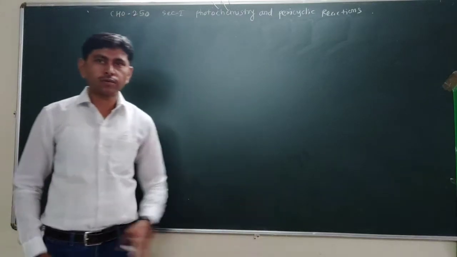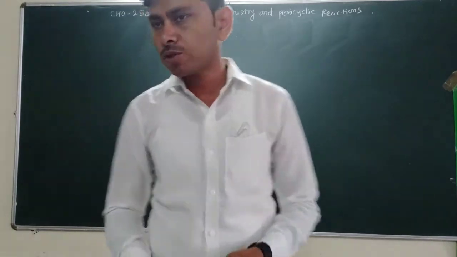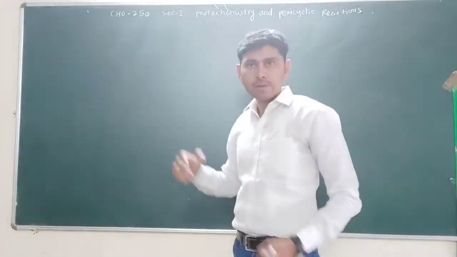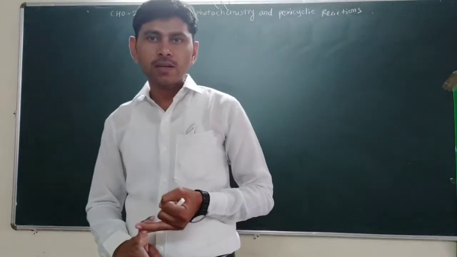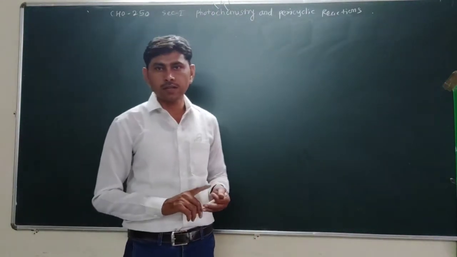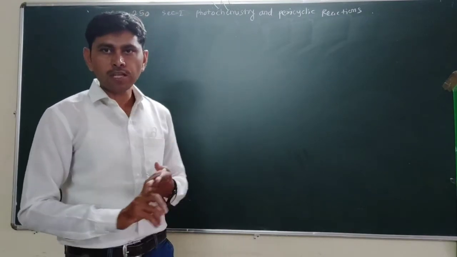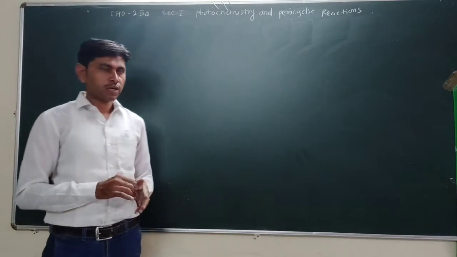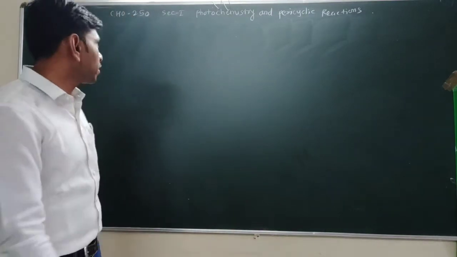So in this lecture we have to see the two types of motion, that is disrotatory motion and conrotatory motion. In the last lecture we have studied the definition of pericyclic reactions and types of pericyclic reactions. There are four types of pericyclic reaction: electrocyclic reaction, cycloaddition reaction, the sigmatropic rearrangement and group transfer reactions. Out of these four types, we have started the first type, that is electrocyclic reactions.